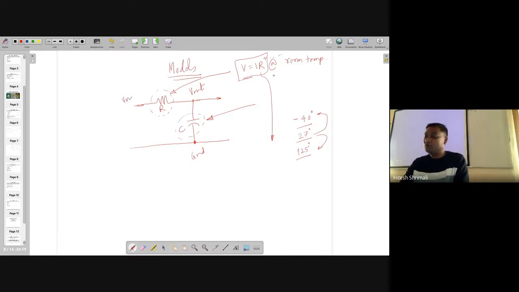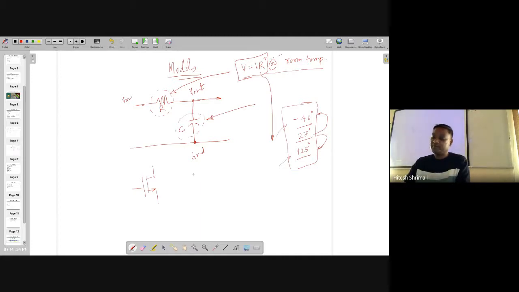So at room temperature, this is the one, but what about other temperatures? You can also simulate that. If you remember in SimMicA, you could have done it. You can also do it in Cadence from minus 40 degrees to plus 125 degrees. That's the normal range which we use in consumer electronics. So this is a very important thing: you have to simulate all your circuits. And this was only a resistance or only a capacitor. If you have an element which is a MOSFET, that will not have the standard square law equation.